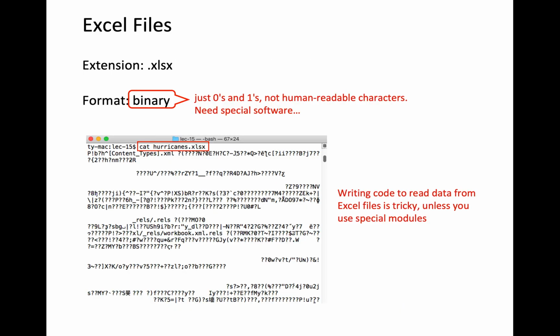Let's talk about the spreadsheet file format. The spreadsheet files have an extension of .xlsx. The file format itself is called binary file format. What is meant by binary file format? The data within spreadsheet is stored using ones and zeros, which are not human readable characters. This implies that you need to have specialized software like Microsoft Excel or Apple Numbers to be able to open